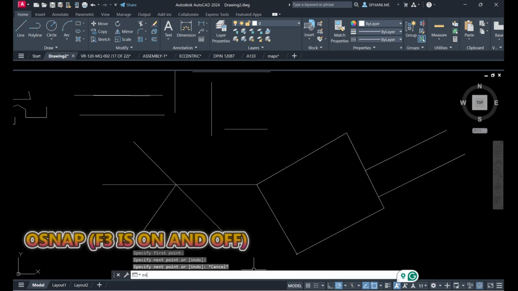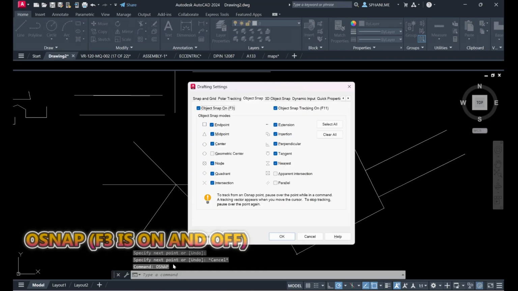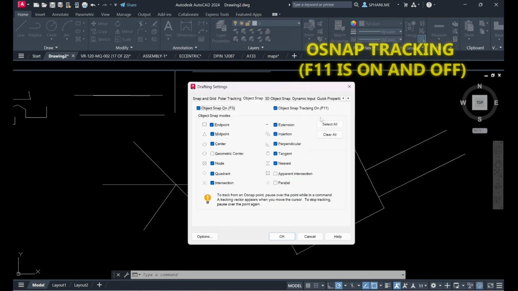Those are called O snap, O S N A P. In the command prompt, enter O snap. So these are the O snap settings. If you observe, O snap on is F3, O snap tracking is F11. Okay,